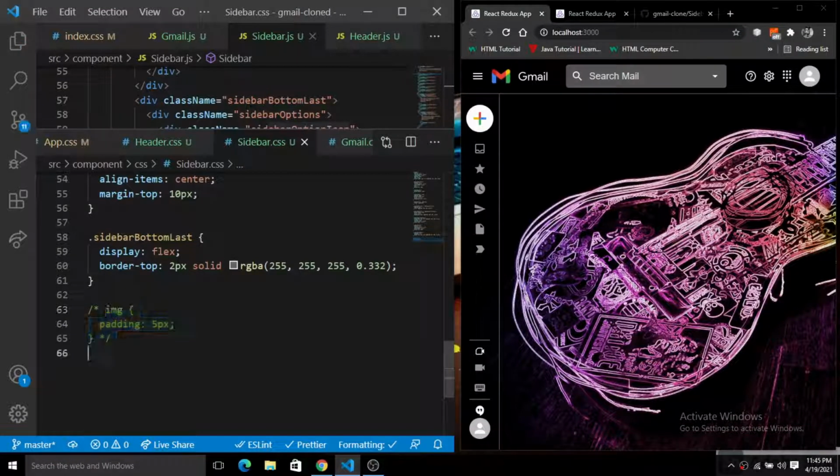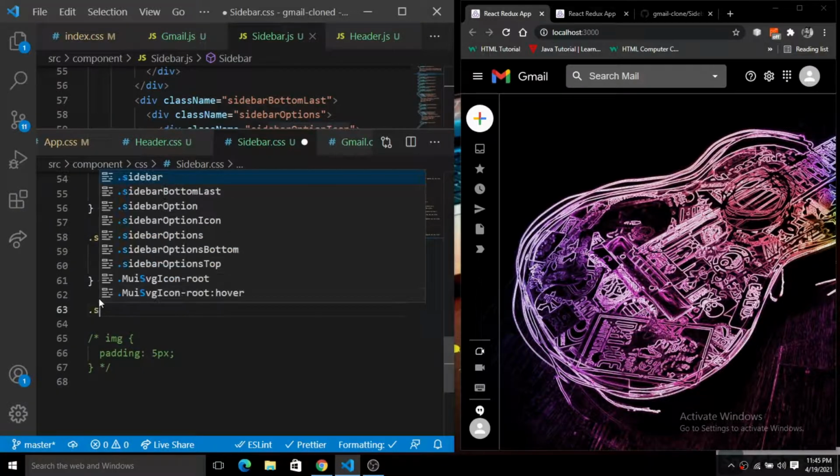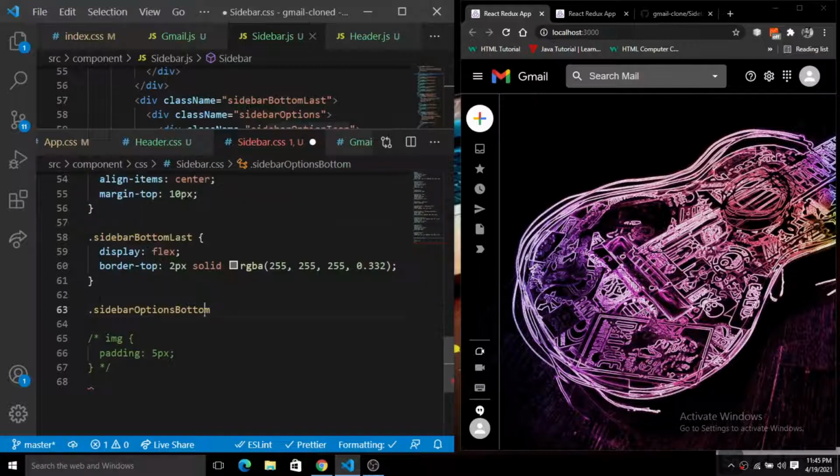Now I will not give the image tag here for the padding of 5. We'll simply specify for which image we are going to give the padding. So we have this sidebar bottom. So we have this sidebar option bottom. Okay, so let me put this sidebar option bottom.